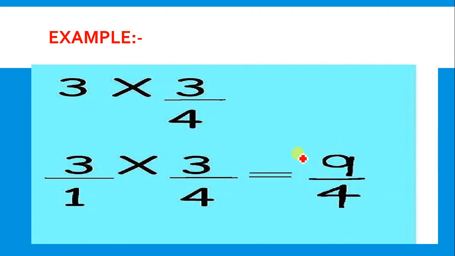Now this is an improper fraction. How will you convert this to mixed? 9 divided by 4. Now 4 twos are 8. 9 minus 8, 1. This is your remainder. Now how will you write? You know that. 2 and 1 by 4. So 4 twos are 8 and 1, 9 by 4. So this will be your answer. Clear? Now next,